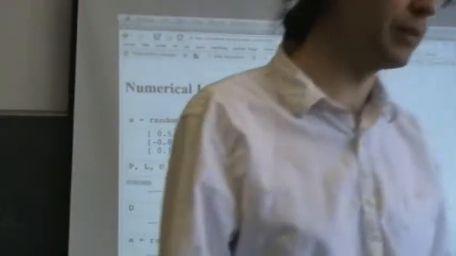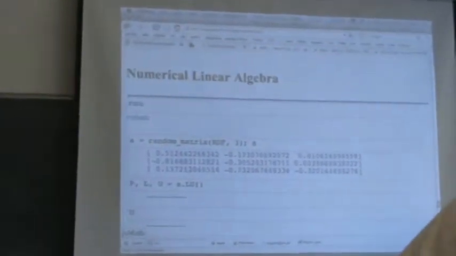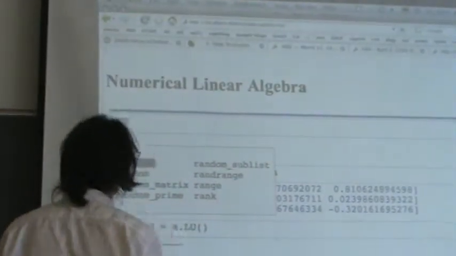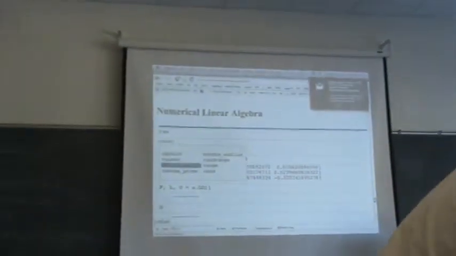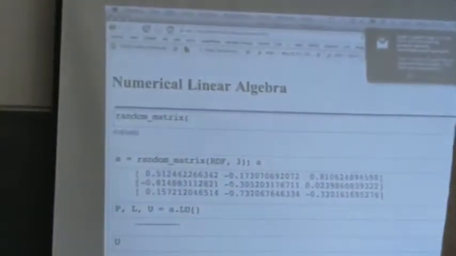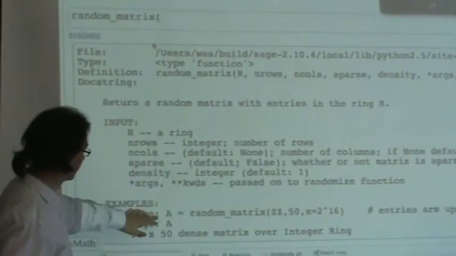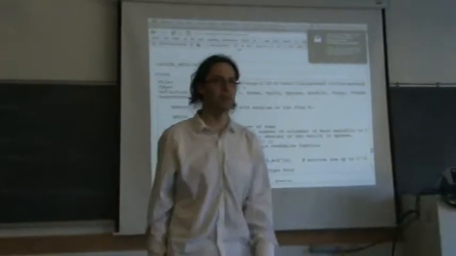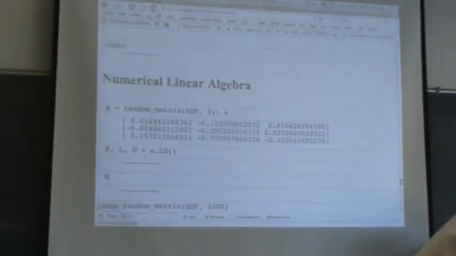By the way, let's say you wanted a random matrix and you couldn't think of anything else to do. The first thing you might try is to type RAN and then hit the tab key. What that will do is give you everything that starts with RAN in Sage, and you'll notice that there's something called random matrix right here. If you select it, and you think, I have no clue how this works, if you hit open parentheses and hit tab, it'll show you how the thing works. You can see the input that is given: a ring with a number of rows and a number of columns. And then there's an example here. You can also make the matrix sparse or dense or whatever else. So that's all you have to remember.